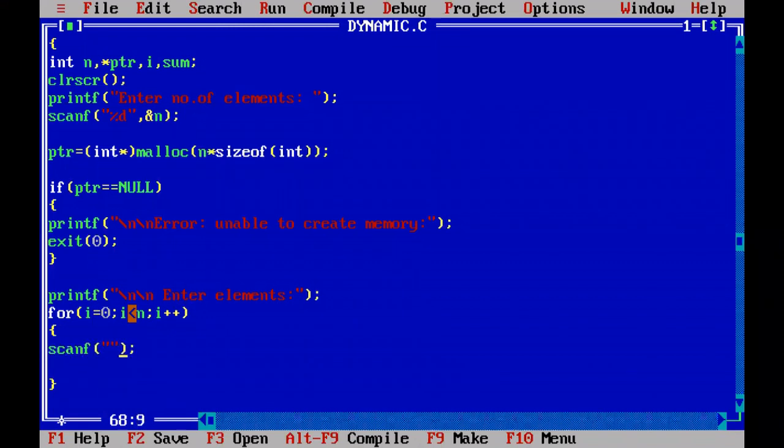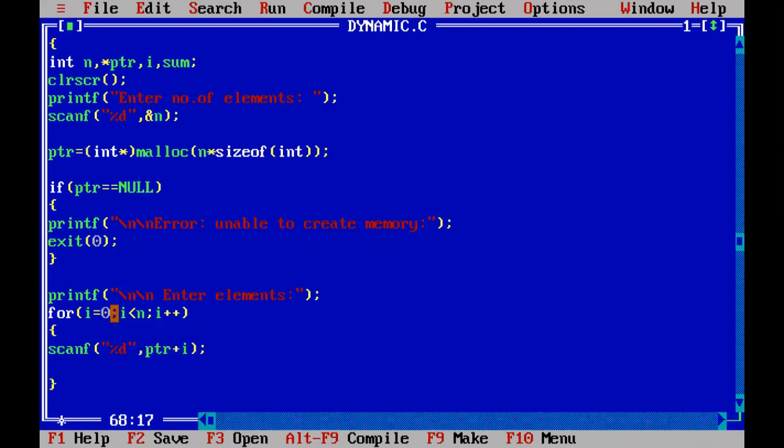5 integer values you capture with %d. Whenever the for loop is iterating for the first time, the first integer is captured and you store it into the first address, which is represented with ptr plus i. The first time the i value is 0. ptr plus 0 means the same address. That means into the first address, the first value will go.